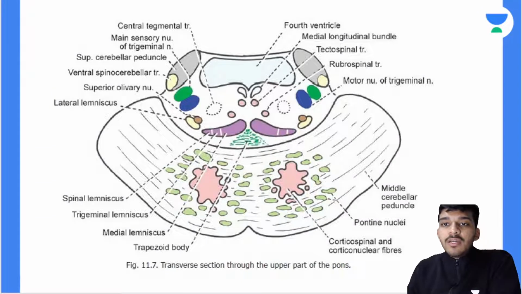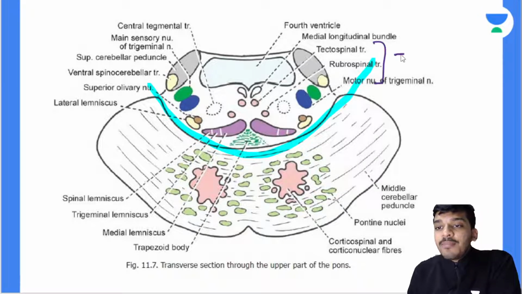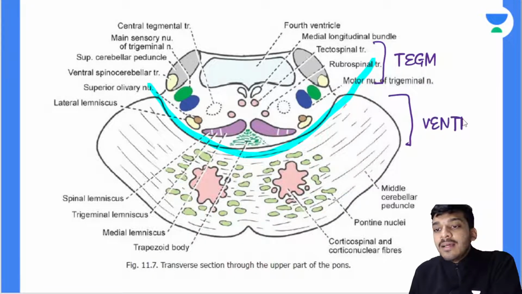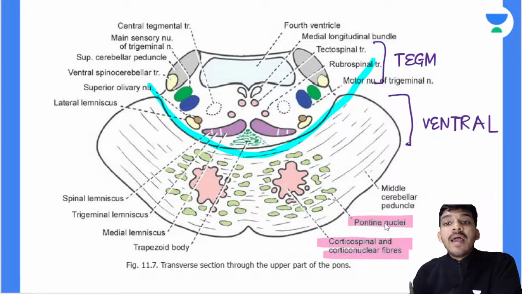Now just imagine here that this is the dividing line of the tegmentum. So everything above this is called the tegmentum, and below this is the ventral part or the basilar part of pons, right? And in the ventral or basilar part of the pons, if you remember, what all did we have? We had corticospinal and corticonuclear fibers, the pontine nuclei or the nuclei pontis, and this was the middle cerebellar